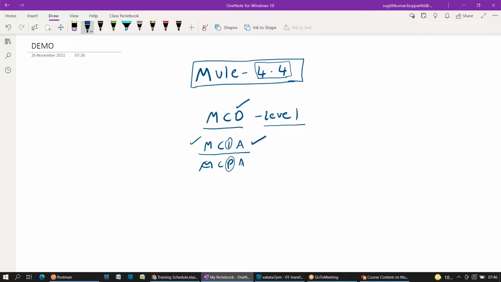But the first level is the developer level, the ground level. We need to know the ground level, then we can go with the architecture. That is the best practice, right? And to book the slot for this MCD level, I will help you out. It is nowhere related to the vendors. For this certification part, you can directly interact with me personally. But these come in the later part of the sessions, not at the start or mid. At the end, or after completion of 75%, we will talk about these certifications. Before that, we need to acquire knowledge, right?